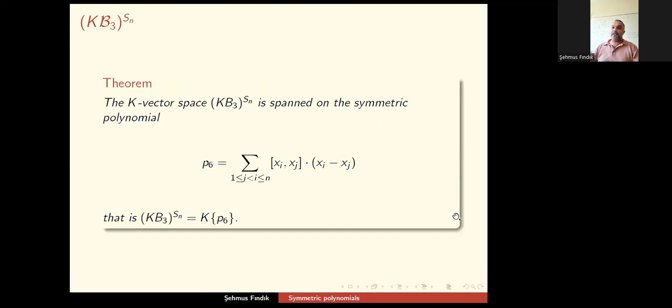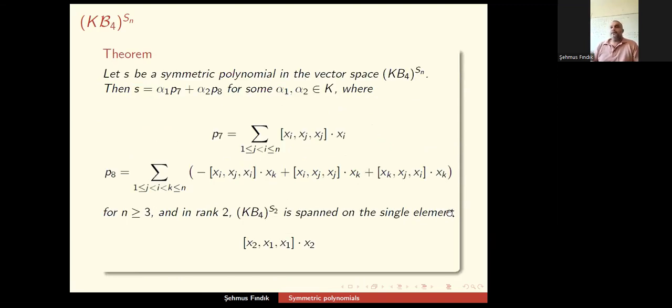And the KB3 to the Sn, okay, by working with the identities given above, this result was given. So we have only one element here as a basis. And also in KB4, depending on the rank, we have 2 types of elements. When rank is 2, we have only a single element in the basis. But when n is greater than or equal to 3, we have 2 basis elements in the symmetric polynomial,